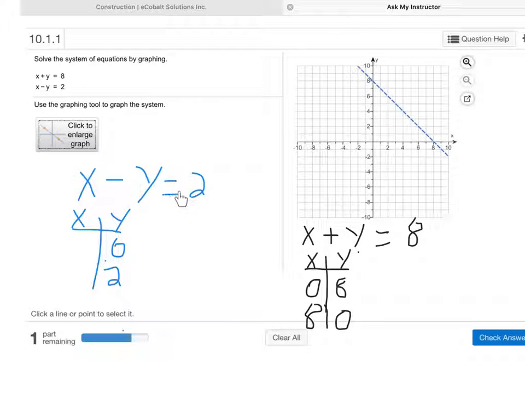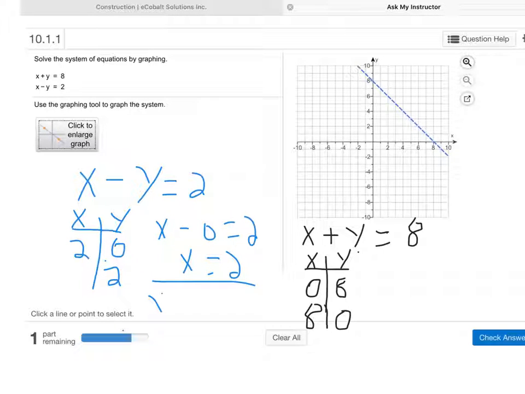So I've started it here. You can pick any numbers you want for either variable. But I'm going to let x be 0, let y be 0 and y be 2. Then I'll find the corresponding x value, and we can plot those points. So if I let y be 0, I simply get x is 2. Okay, so (2, 0) is a solution. If I let y be 2,